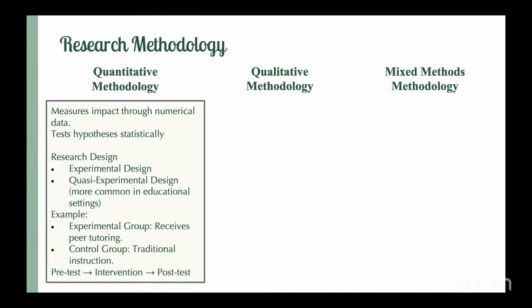Now when you take the test again after the pre-test, you will see a difference. In the traditional group, you will probably see the scores are more or less the same, but in the experimental group where peer tutoring has been given, you may see some kind of difference. It's also possible that the results may not come out the same. Any results can come. It may also defy whatever the earlier researchers have talked about. There may be other reasons for it, right?